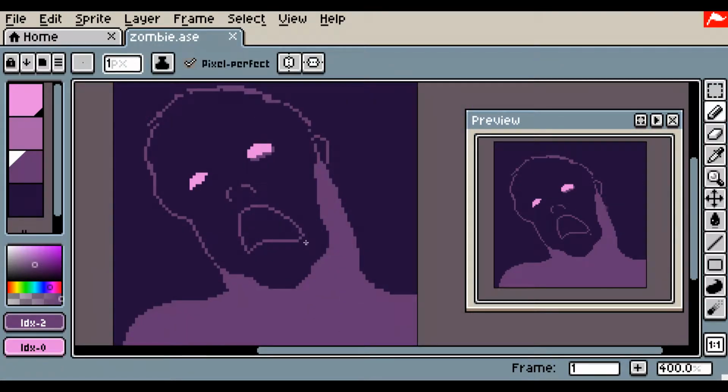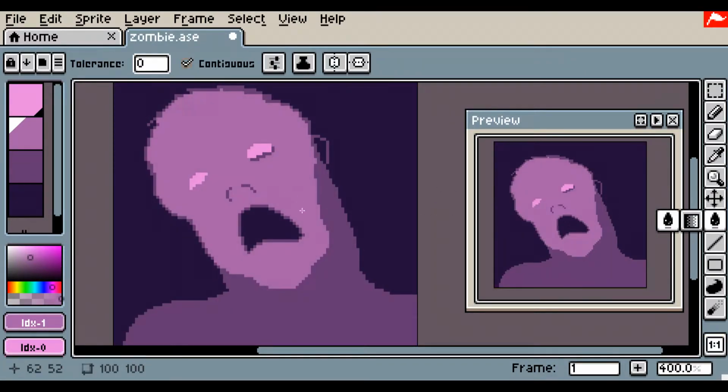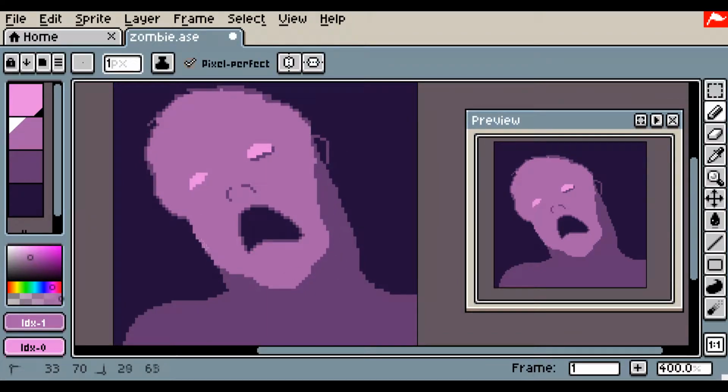I don't know why I decided to do the angled face. When you're doing angled stuff in pixel art, it's actually really difficult sometimes, and it gets a little harder than it should be if you're doing something straight on, or at a different perspective. So you'll see, yeah, a lot of times I'm going back and forth, and I did this when